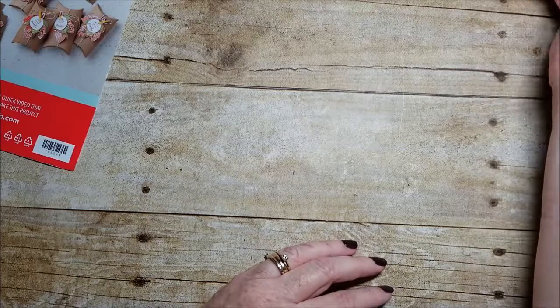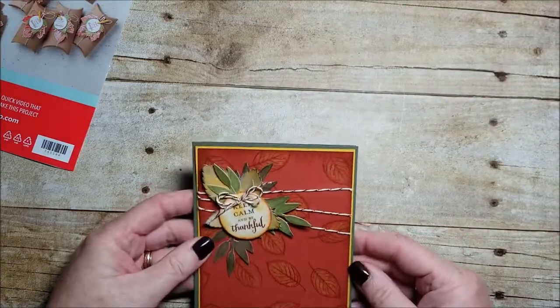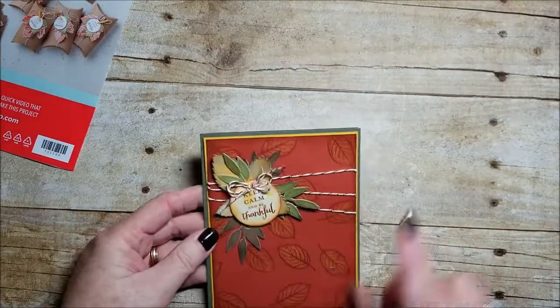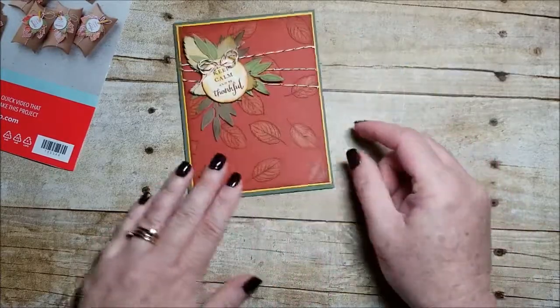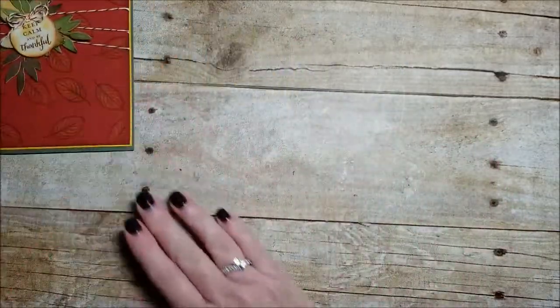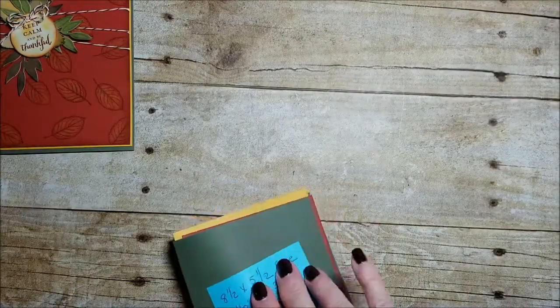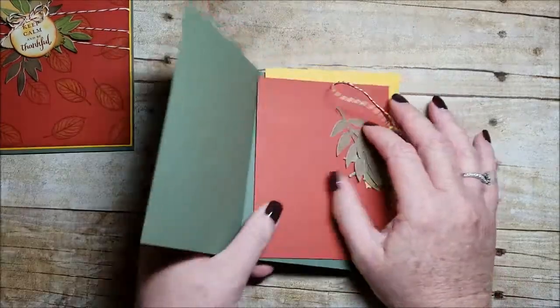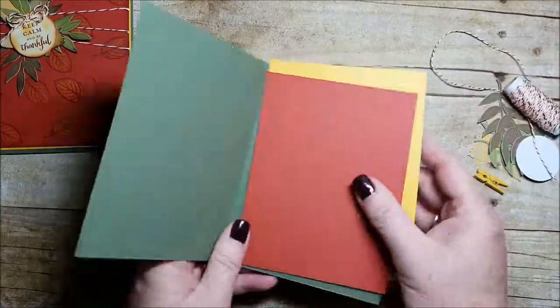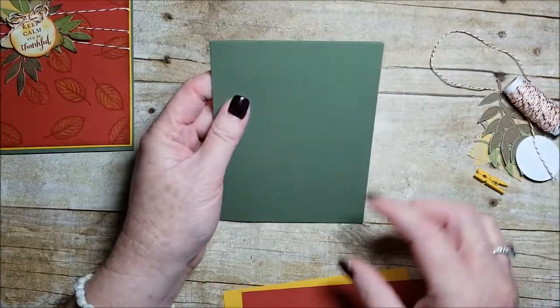So this is the first card that we're gonna make, and I'm gonna show you how to do this technique here. Okay, so let me set this aside over here, and I'll bring in all the stuff we're gonna need, including my cheat sheet. What I have here is a